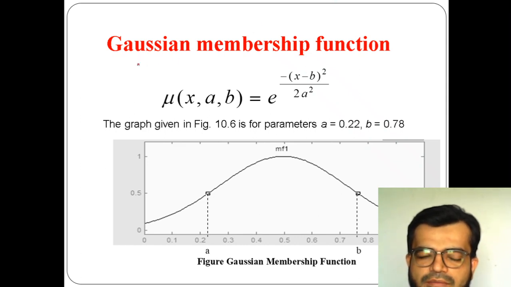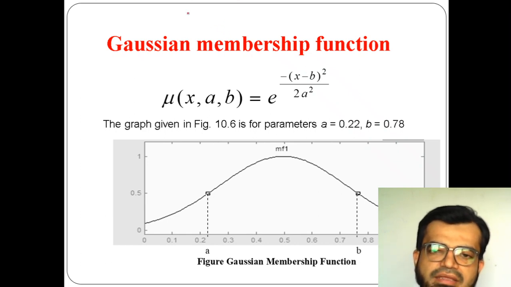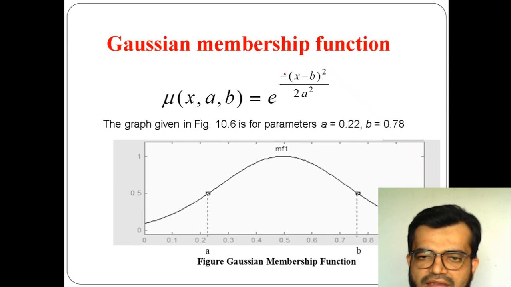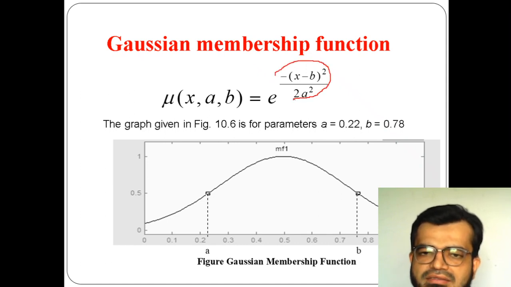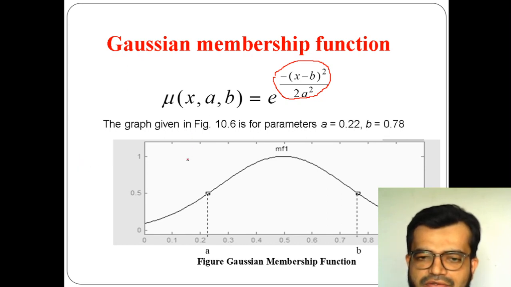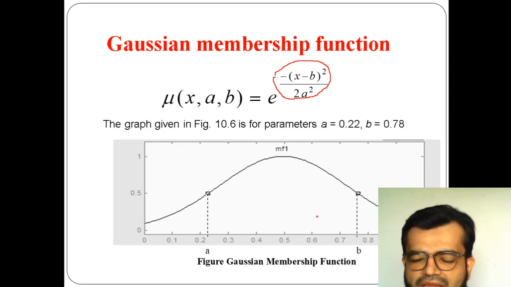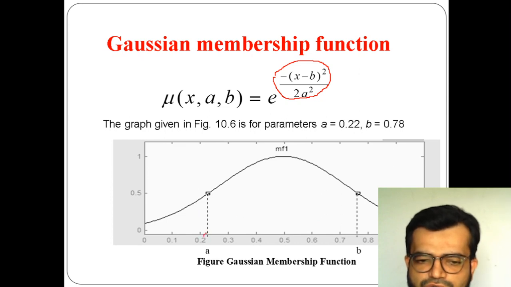If I want to draw the graph of this, I have to know the values of A and B. These A and B values will be taken and implemented in this formula. By getting e to the power of this, you will get a value, and this value will be considered till here. As I said, 0.22, you need to consider that value and draw this graph. Okay, 0.22 is here,